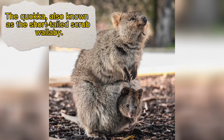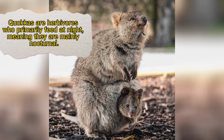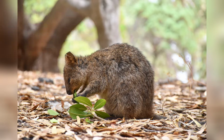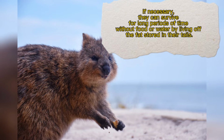The quokka, also known as the short-tailed scrub wallaby, is known as the happiest animal in the world. Quokkas are herbivores who primarily feed at night, meaning they are mainly nocturnal. They eat the leaves, stems, and bark of many plants in addition to grass. If necessary, they can survive for long periods of time without food or water by living off the fat stored